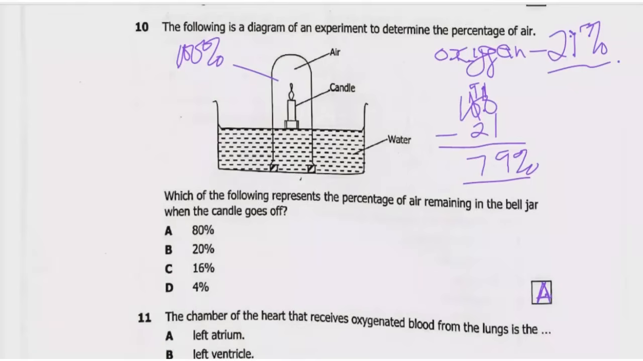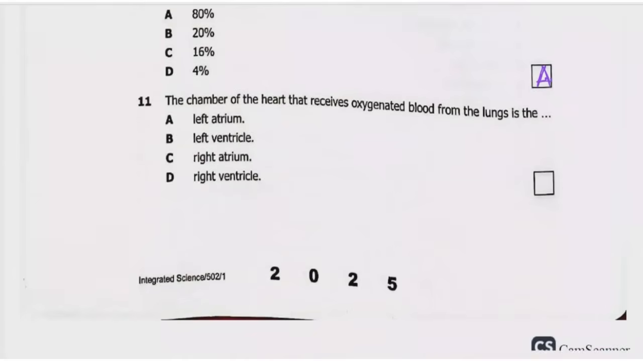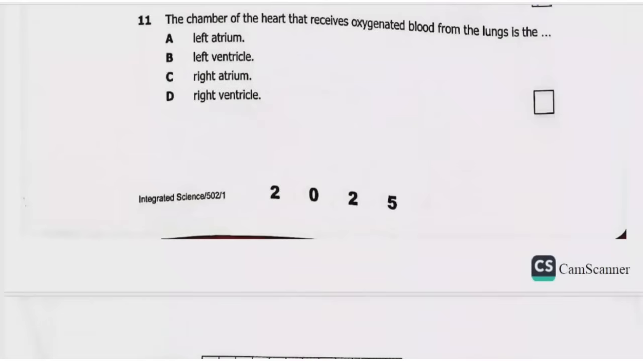Please, if you have got questions, you can ask in the comment section, but basically that's the explanation I can give you. Okay, let's go to question 11. Question 11 is as follows: the chamber of the heart that receives oxygenated blood from the lungs is the